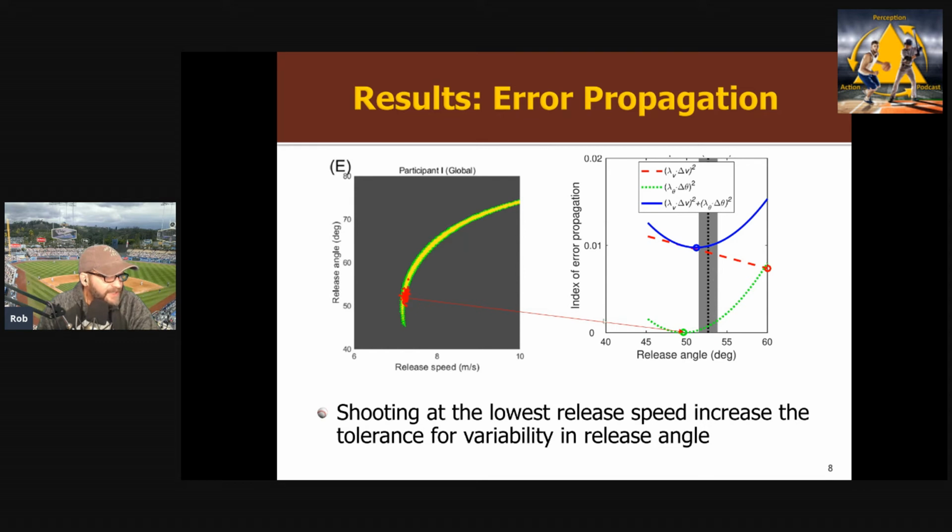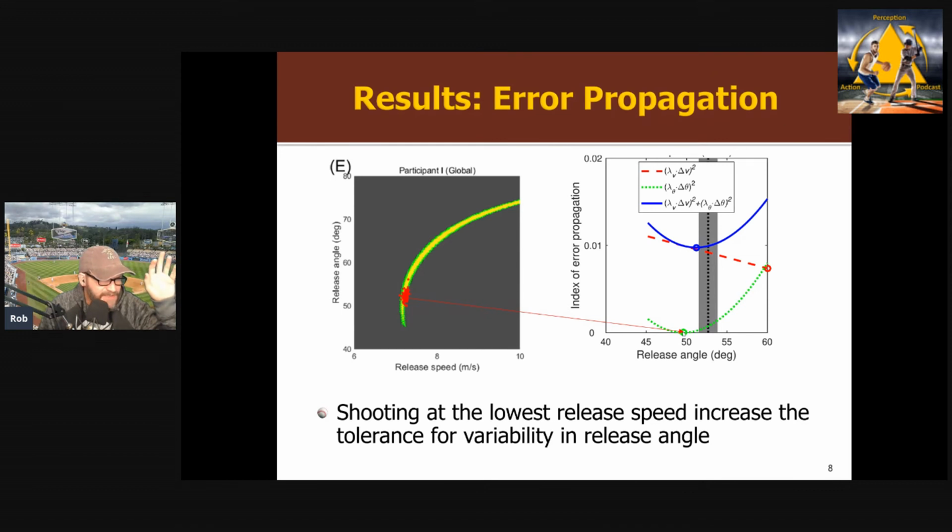What you can see over here is the amount of error for different release angles. They're shooting at a release speed of 7 meters per second. To shoot at that release speed, they need to shoot at an angle of about 50. This green line shows what they call the propagation of errors, and I'm not going to get into all the modeling here, but 50 is a really good spot to be, because if you have a variability in the outcome, in terms of the angle you release,